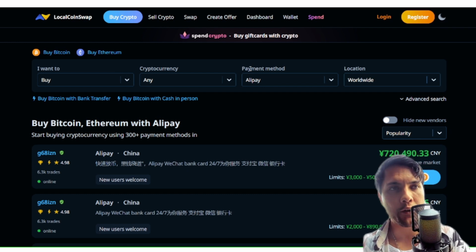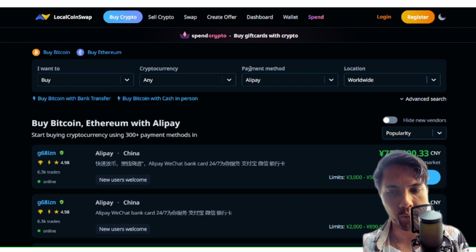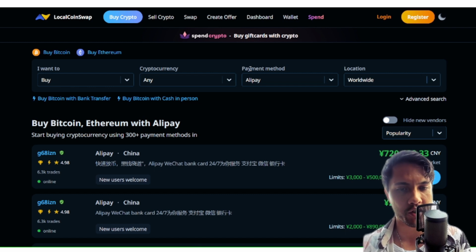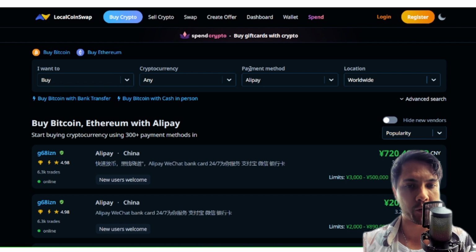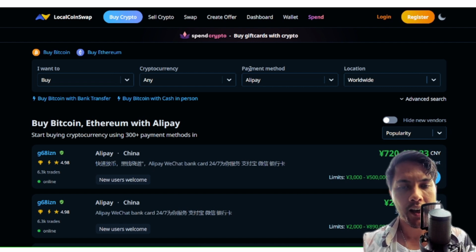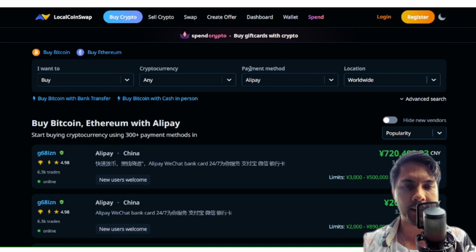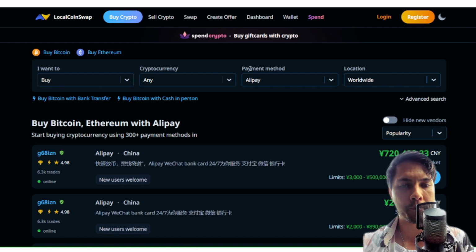So if even in China, which has the most ability to be able to shut anything down they want, even they have a problem being able to crack down on peer-to-peer trading, then I'm basically using this to illustrate a point that if China can't do it, then no country in the world can totally crack down on peer-to-peer trading. So take that for what you will.